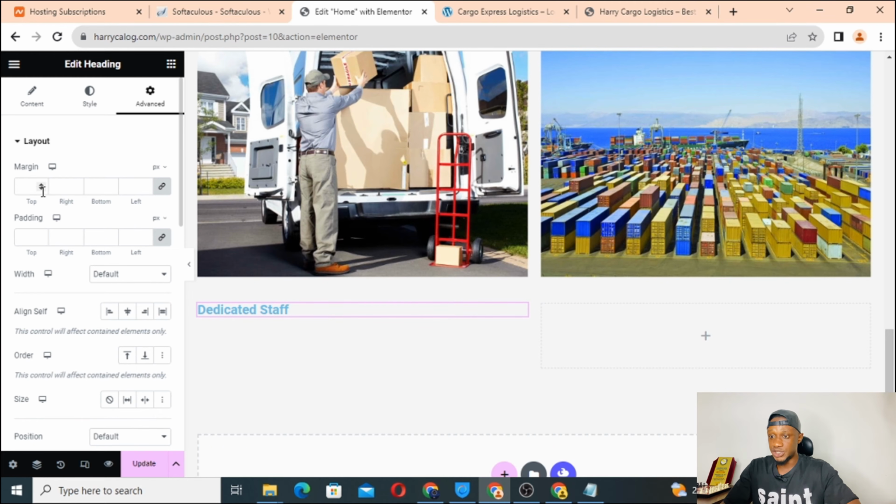Margin is the distance between your text and this box. If I start adjusting it now, you see that my text will start going either down or sideways. Let me show you what I mean. Let's say I'm adjusting the top. It's negative, so I'm going down. Let's say I'll unlink this so that all of them will not be going at the same time. So I'll click on here. So top now, if I want to add top margin,